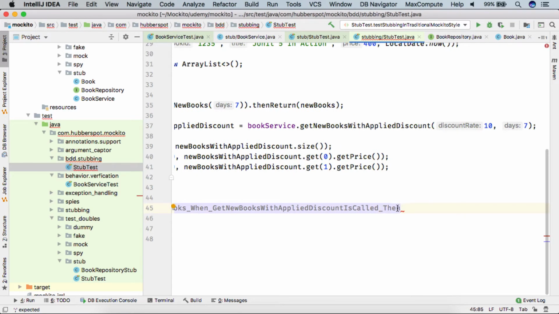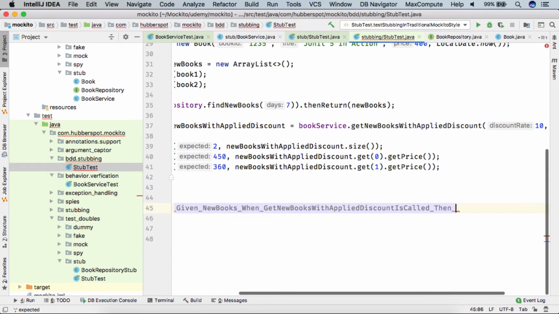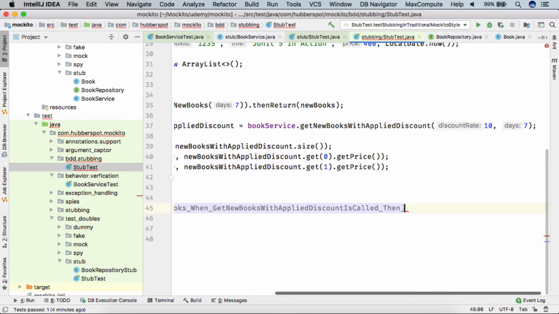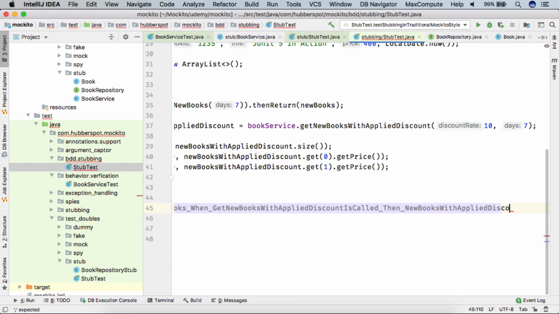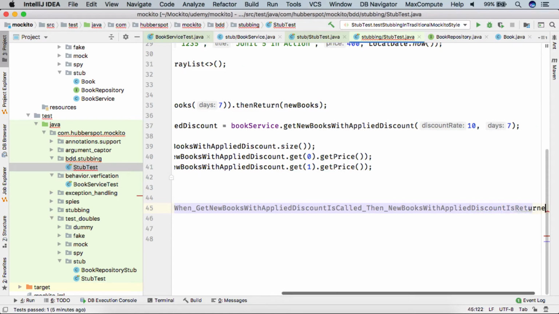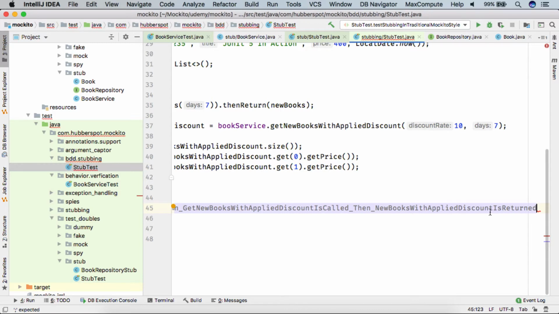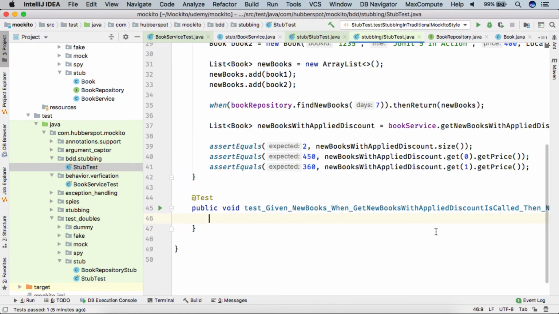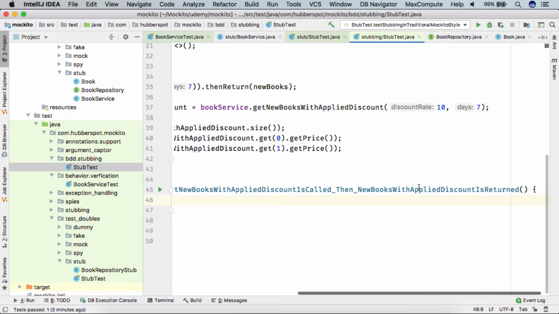Then we provide then. And finally what we get is new books with applied discount, so new books with applied discount is returned. So friends, this is how we give the test name in given when then style.